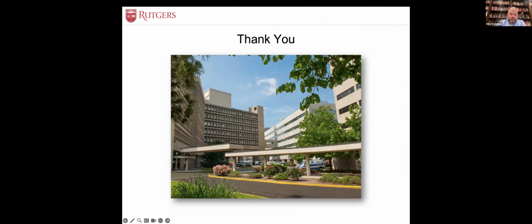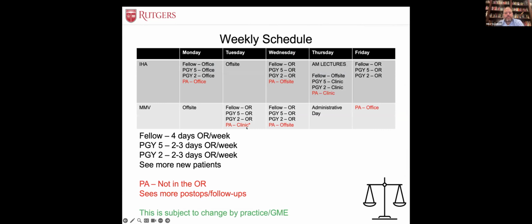So the slide that I will close with, I know this is an extremely busy slide, but it is a little bit on purpose. This is my partner and my weekly schedule, right? The trainees are in black font and the PA is in red font. We did this originally with index cards, but I was too embarrassed to take a picture of a bunch of index cards with different color Sharpie on them. So I made it look nice.